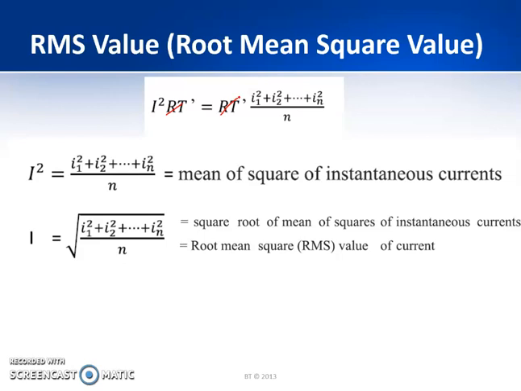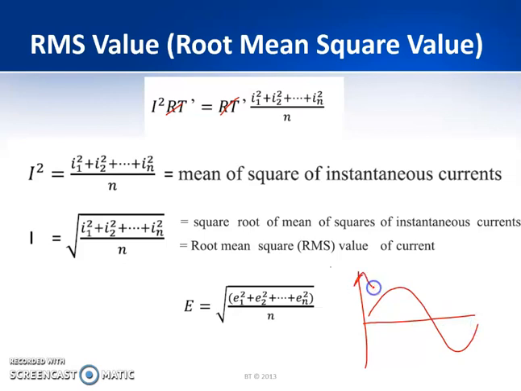Similarly, for the voltage, the RMS value will be equal to the root of E1 square plus E2 square etc., up to EN square, divided by N. It all depends upon whether we are taking a current waveform or a voltage waveform. If we are taking a voltage waveform, it will be E or V. For that, we will be calculating the instantaneous values. So this is how we arrive at the graphical method, using the mid-ordinate method. This is generally chosen when it is very difficult to find the equation for a particular